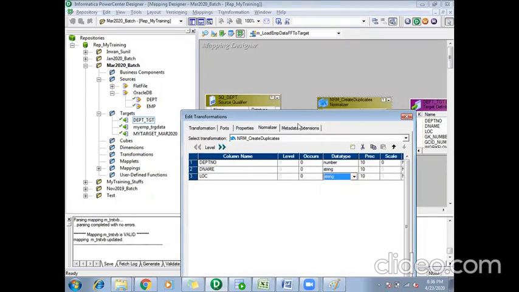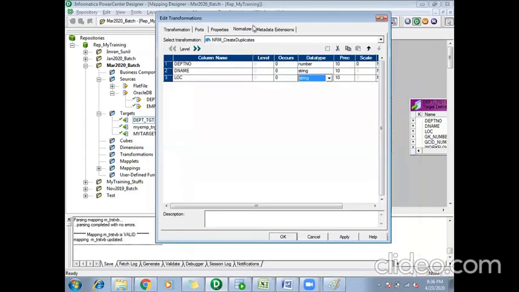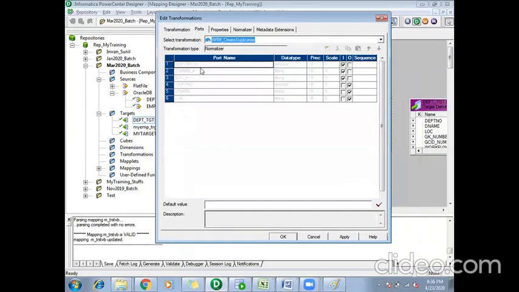One more point to see is, as I create columns in my normalizer tab, if I go back to ports, it creates two ports for every column I create.